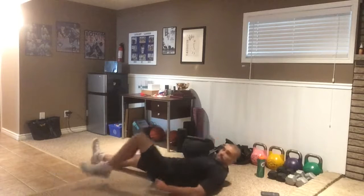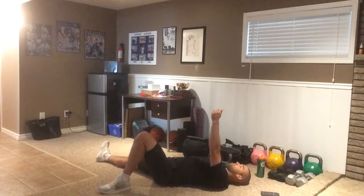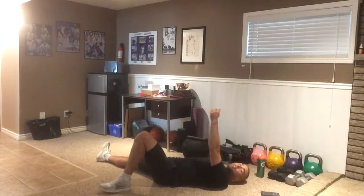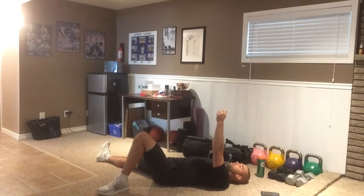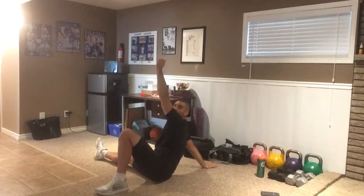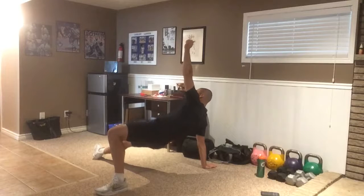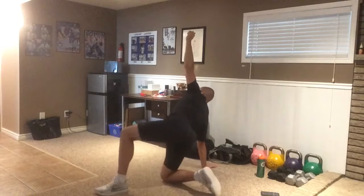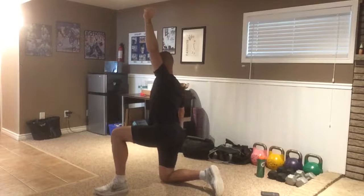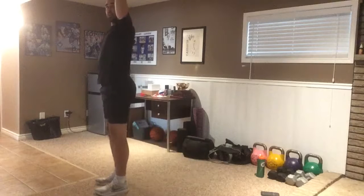So let's switch sides. Left side. Left knee bent. Left arm straight in the air. Right leg on an angle, right arm on an angle. Okay, from here, we're coming up to our right elbow, right hand, bridge, sweep the foot under, press up, rotate the hips so that they become neutral, come to a stance,